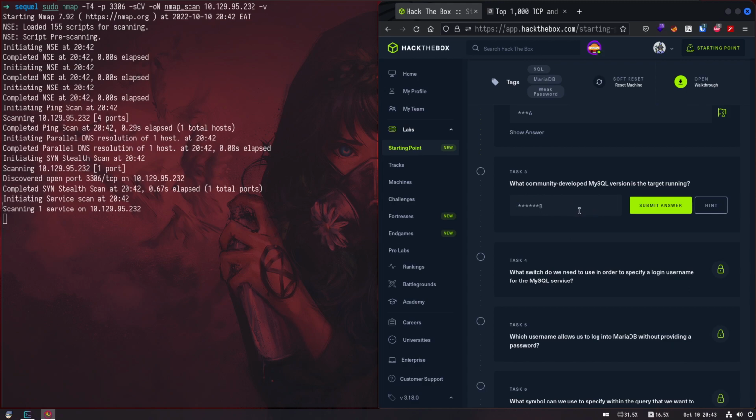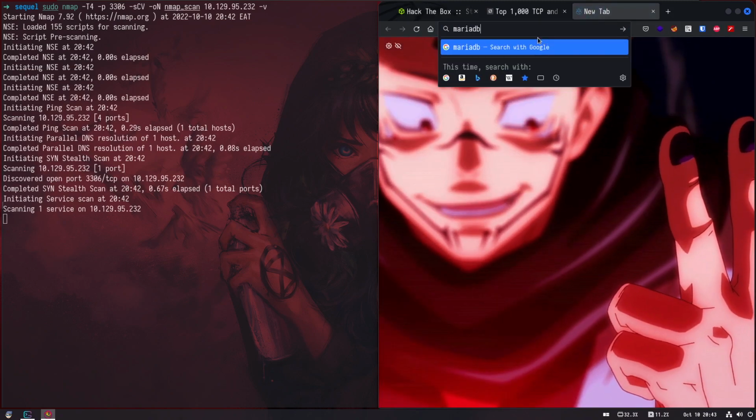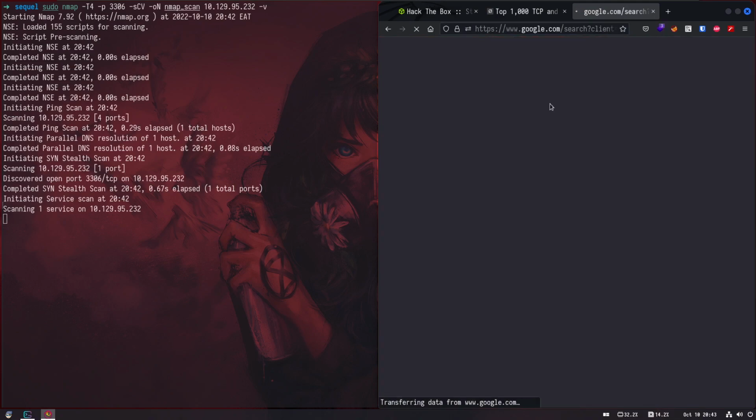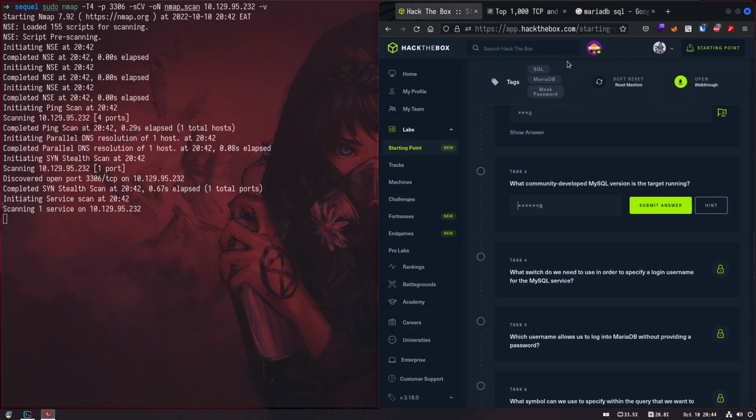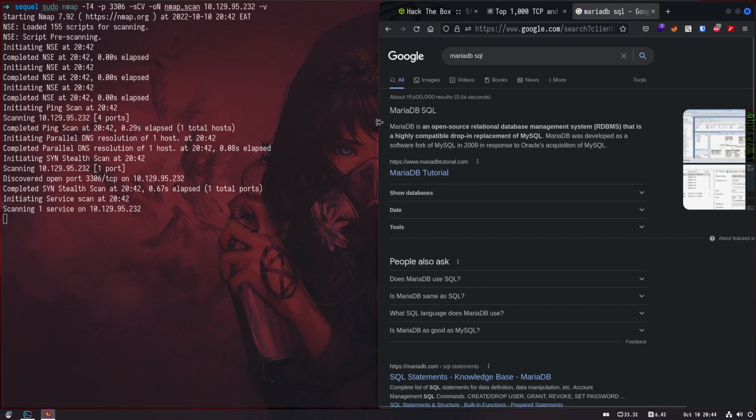Yeah, that would be the answer, because when we search MariaDB, it's an open source relational database management system that is a highly compatible drop-in replacement of MySQL. It's asking for the community developed version, and yeah, this would be it. So if I just copy this,